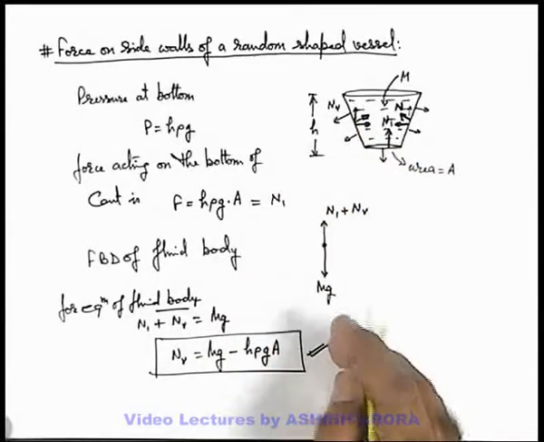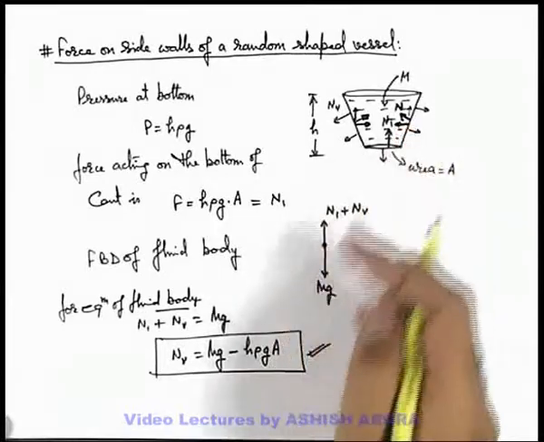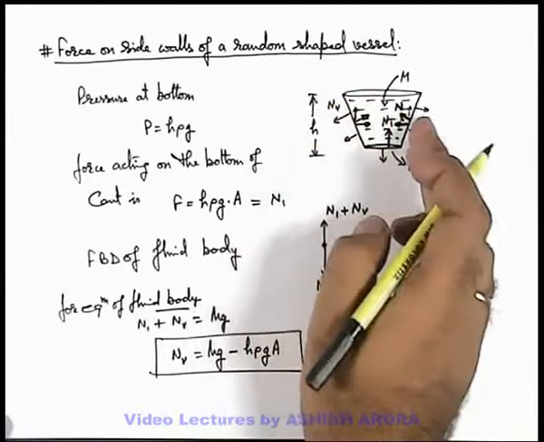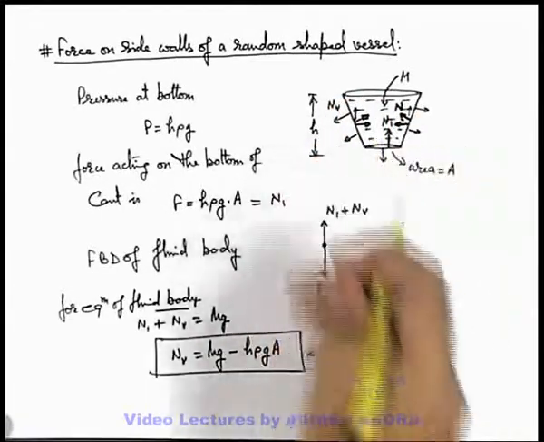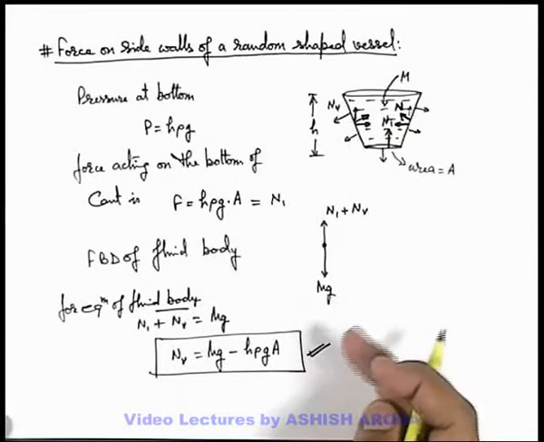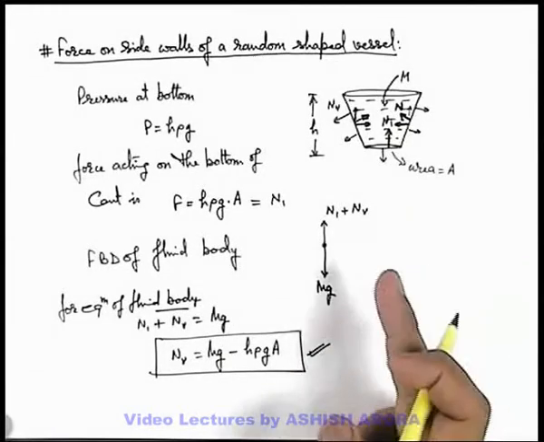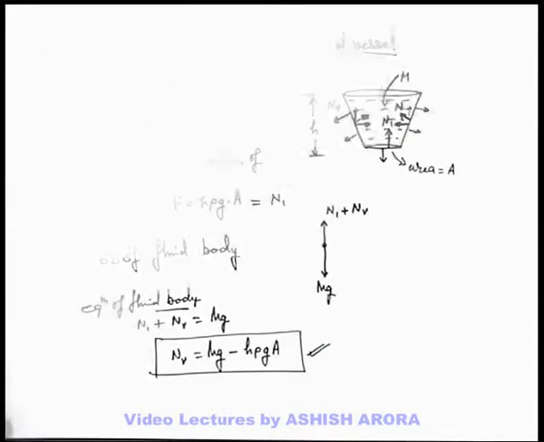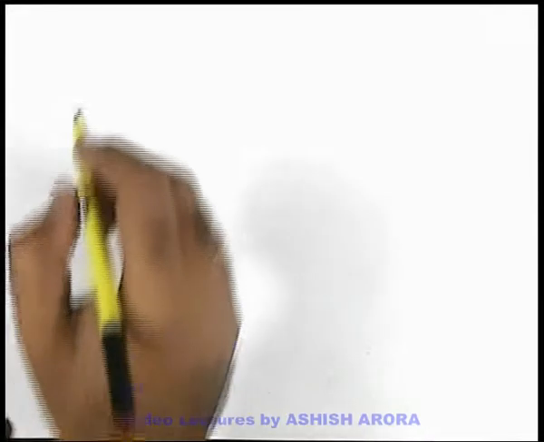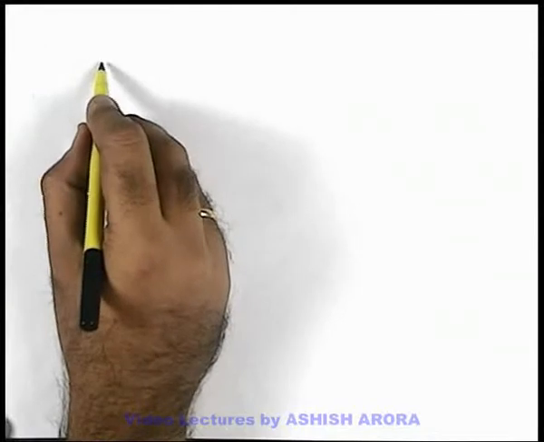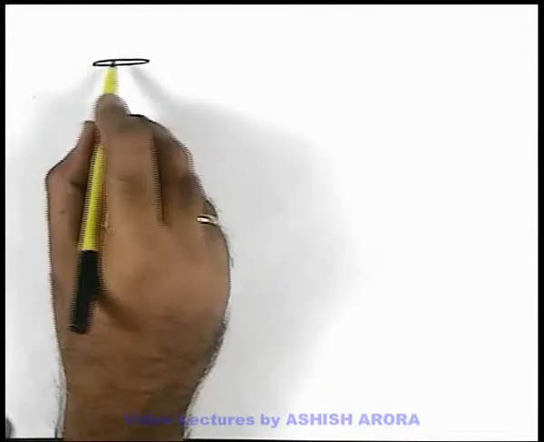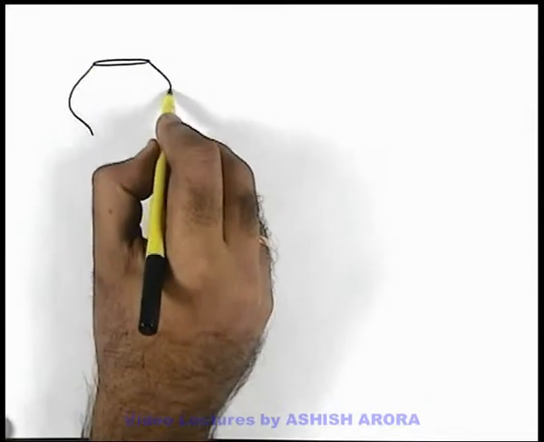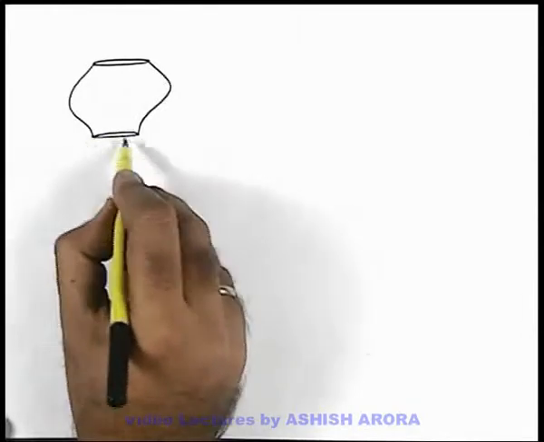So this is the way we calculate the force acting on the side wall. Here the side walls are exerting force on the liquid in the upward direction, but actually it depends on the shape of the surface. Let's see a few more situations in which we take different kinds of vessels which exert force by the side walls in different directions. Say we are given a vessel of such a shape in which the top is circular, the side walls are given like this, and the bottom has a cross-sectional area A.